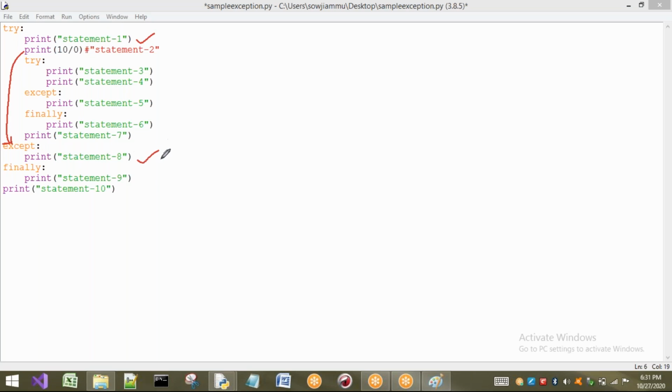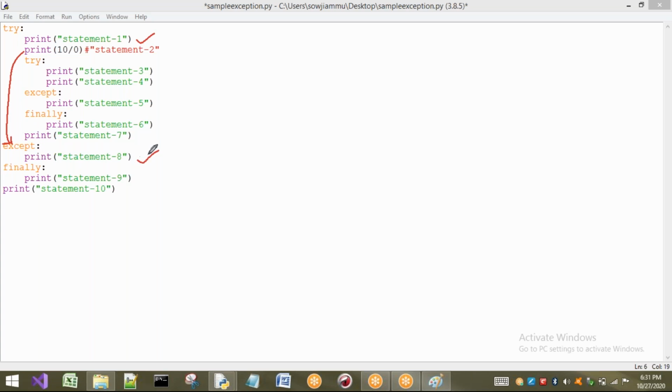So the answer is statement 8. Observe one thing. Here we have written finally, but we will go to this finally only if we go into this try. Did we enter into this try? We have not entered into this try, so we are not going to enter into this finally. From here I came directly out of this try block and went to the except block.